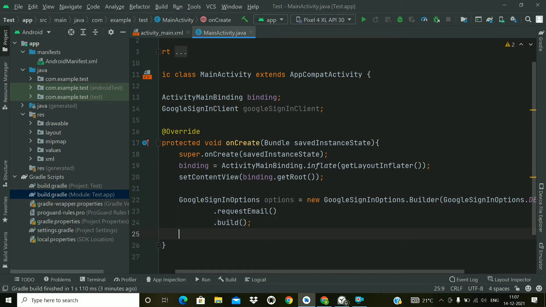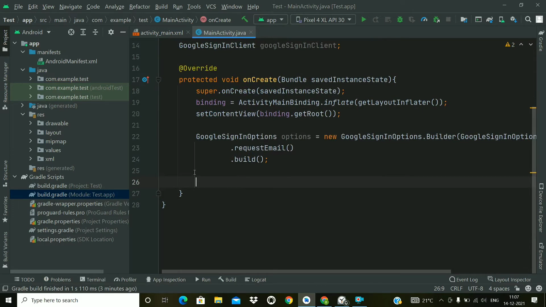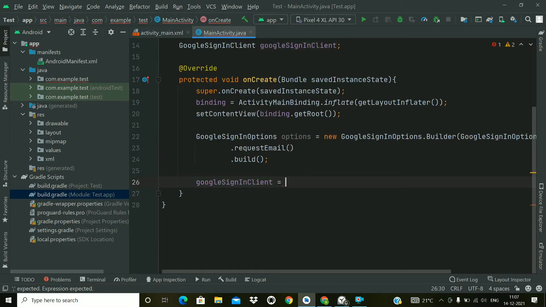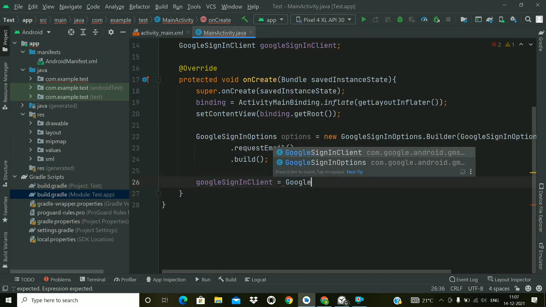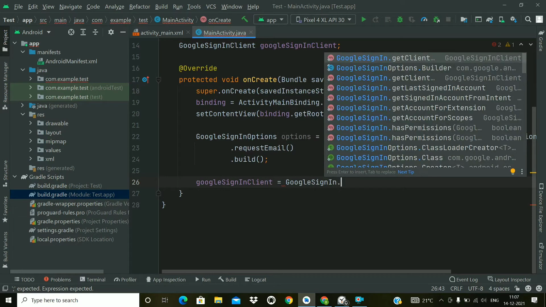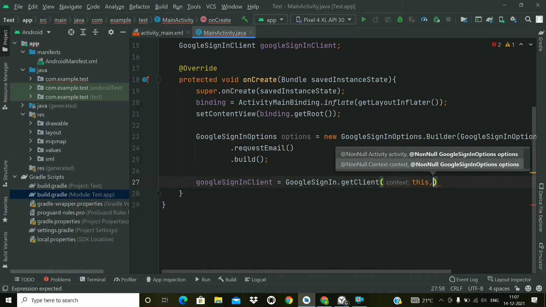If you need more profile information, then you can also call the requestProfile method in this sign-in options. So now we will initialize the Google Sign-in client. So GoogleSignIn dot getClient, and first of all we have to pass the context here and then pass the sign-in options we have created. So pass the sign-in options here.